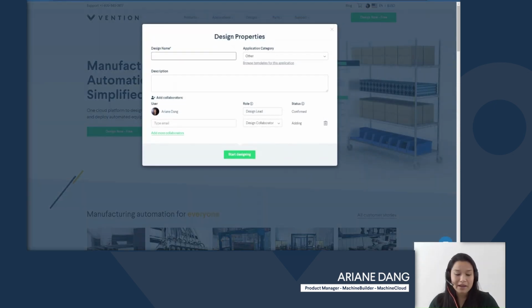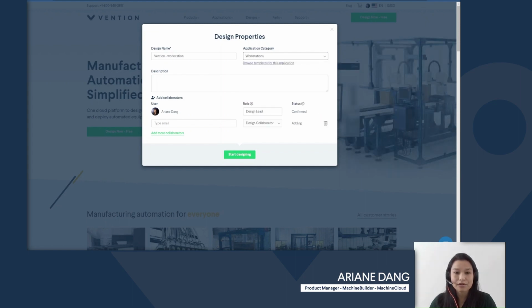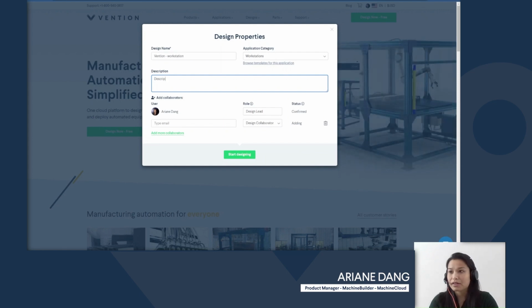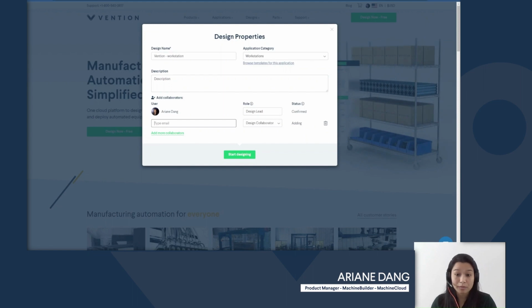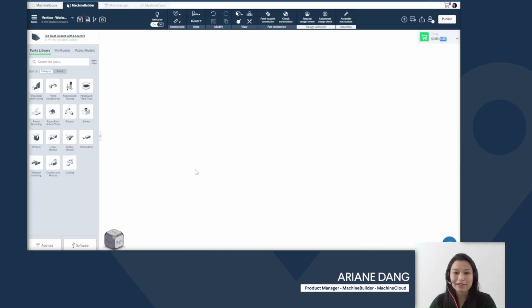You can start by giving your design a name. So in this case, I'll just put Vention Workstation. I can choose a category. So I can choose workstations under industrial furniture. I can add a little description here, and then I can add any collaborators if I know that multiple people will be working on the same design. Once that's done, I can start designing by clicking on Start Designing,